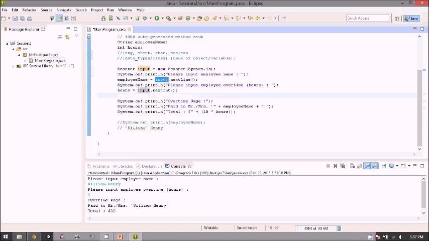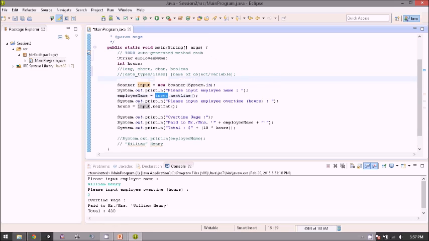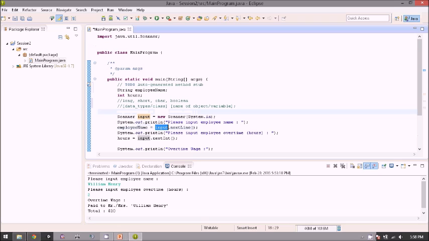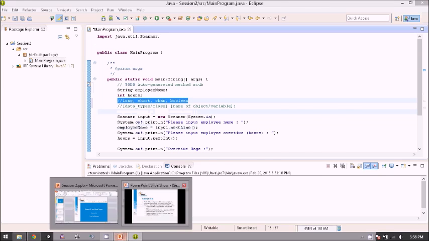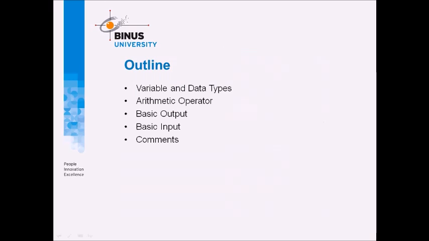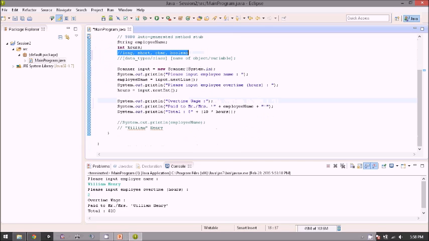Okay, and then after that, about the basic input, basic output, and the comments, all is okay. Let's see what else we get. Oh, arithmetic operator. So as you can see, we already use this, the multiply operator.